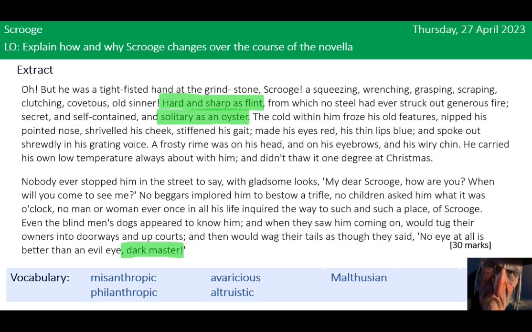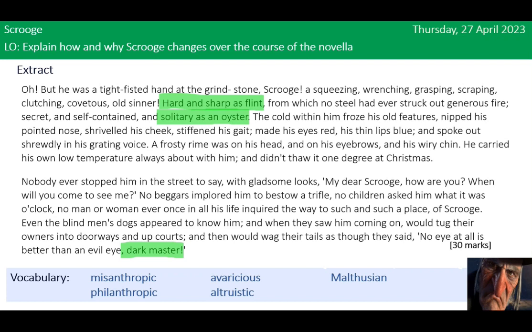So this is the extract we're going to look at today. GCSE extract from a few years back. Right, I'll read it quickly. "Oh, but he was a tight-fisted hand at the grindstone, Scrooge, a squeezing, wrenching, grasping, scraping, clutching, covetous old sinner, hard and sharp as flint, from which no steel had ever struck out generous fire, secret and self-contained and solitary